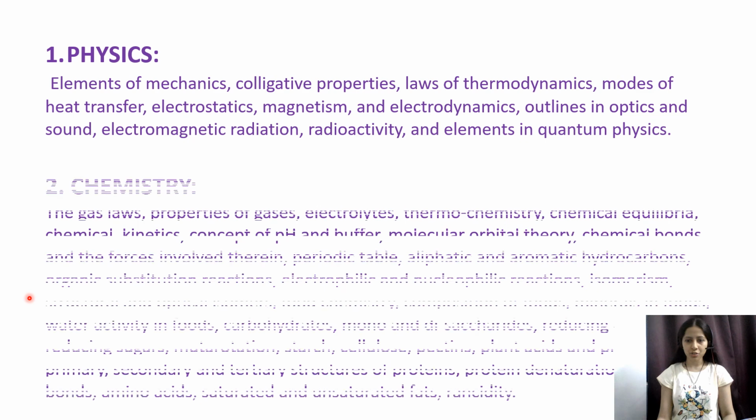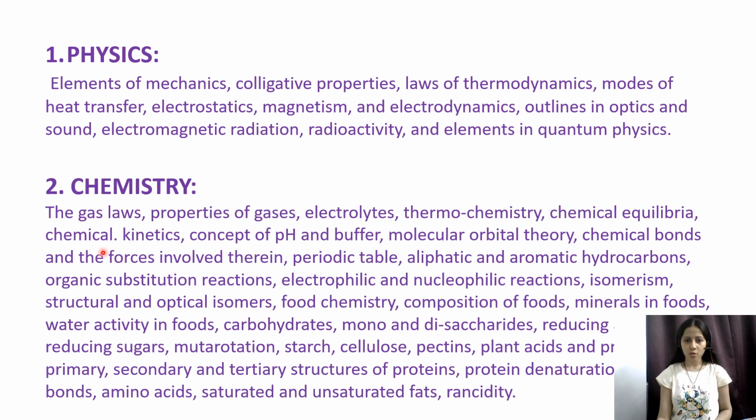Second, in chemistry, you have to go through the gas laws, the properties of gases, electrolytes, the equilibrium constant, and chemical kinetics. Then pH concepts and buffer, which is important. Then molecular orbital theory, that is MOT, chemical bonds, forces involved therein, the periodic table, aliphatic and aromatic hydrocarbons, organic substitution